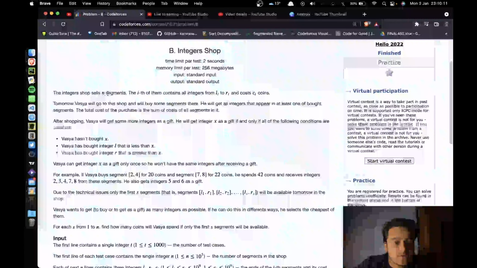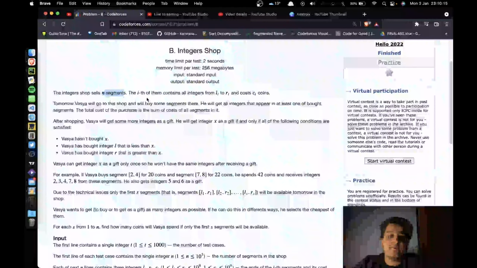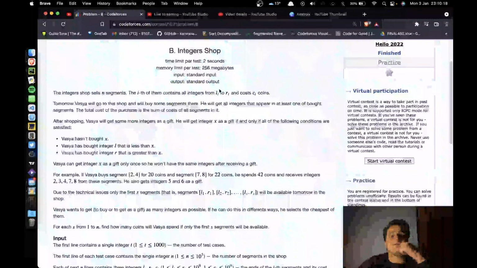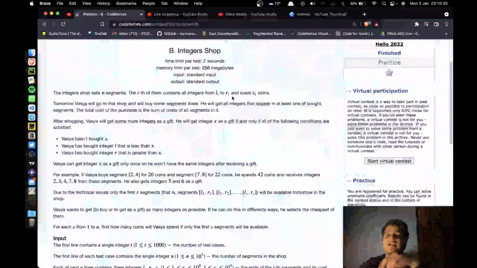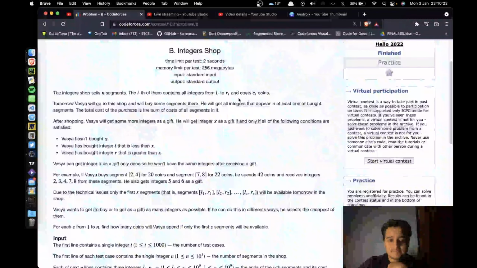Okay, the integer shop sells n segments, and the ith of them contains all the integers from li to ri, and it costs ci coins. What this says is,